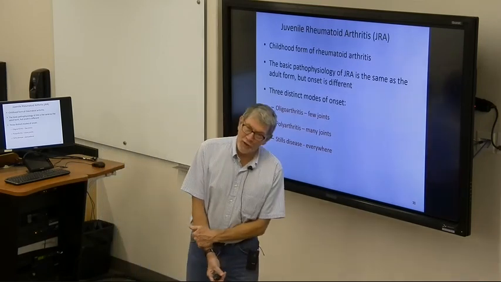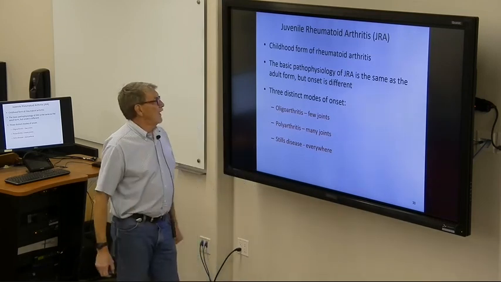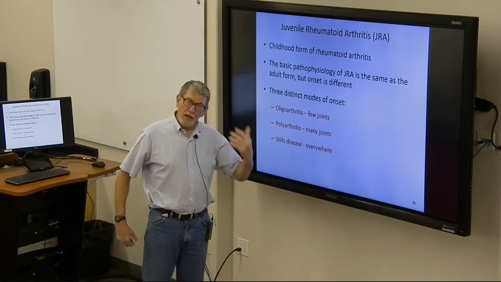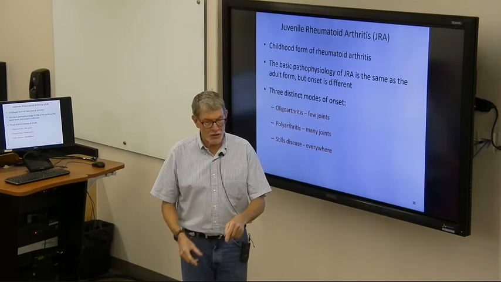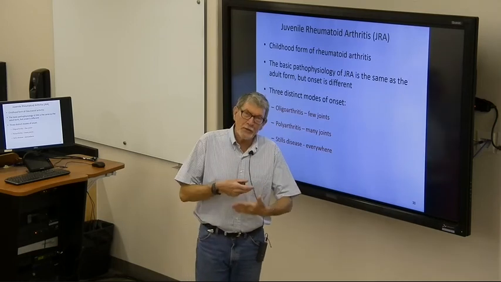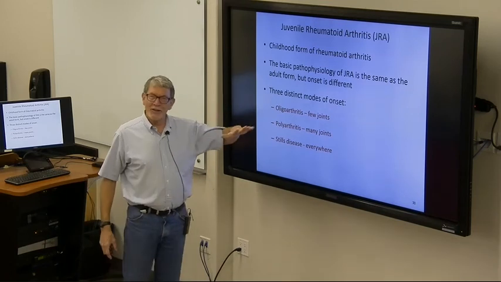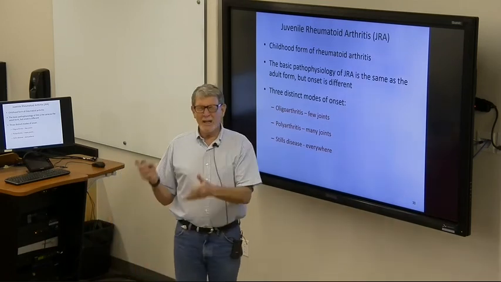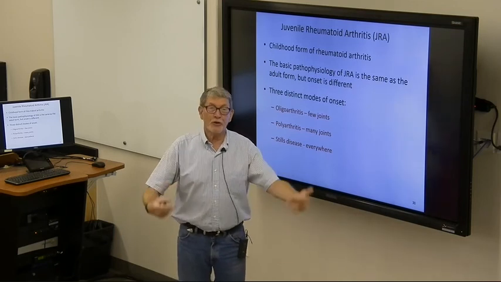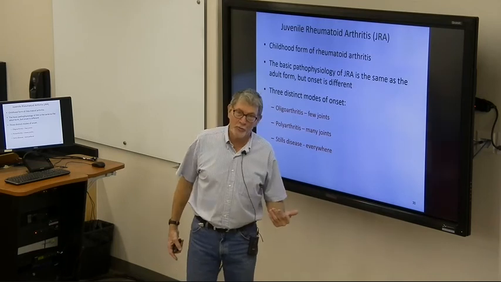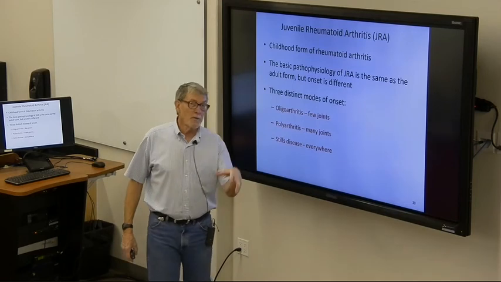Kids can get rheumatoid arthritis. Fortunately, it's not very common. And the signs and symptoms are the same as they are for the adult. The swelling, the inflammation, the fibrous exudate inside the joint. It tends to start differently, though, because the adult, it starts in the hands and migrates to the big joints. In kids, it starts in the big joints and then migrates from there. So the big joints are affected first. It may only be a single joint.